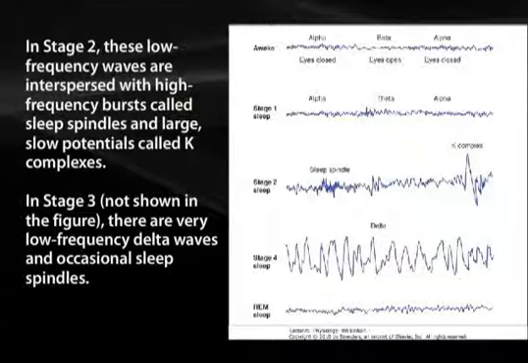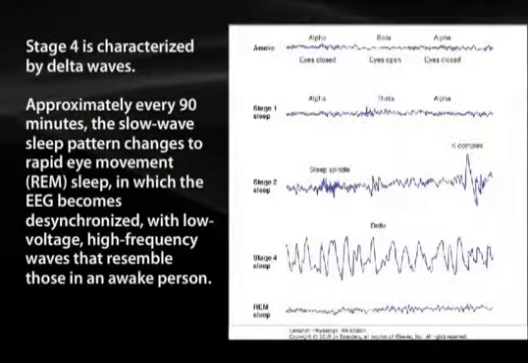In stage 3, there are very frequent low frequency delta waves and occasional sleep spindles. Stage 4, the deepest stage of sleep, is characterized by delta waves. Approximately every 90 minutes, the slow wave sleep pattern changes to rapid eye movement REM sleep, in which the EEG becomes desynchronized, again with the low voltage, high frequency waves that resemble those in an awake